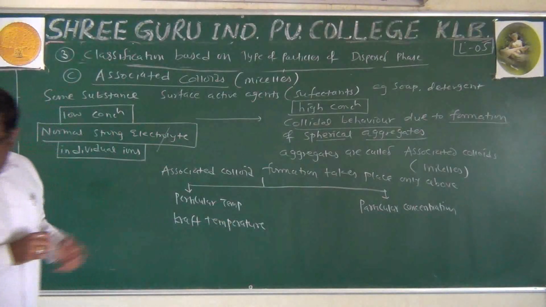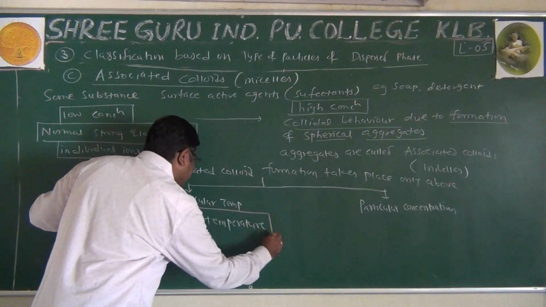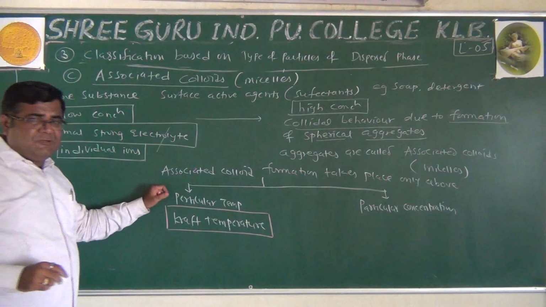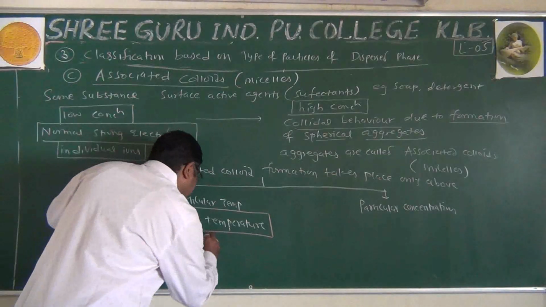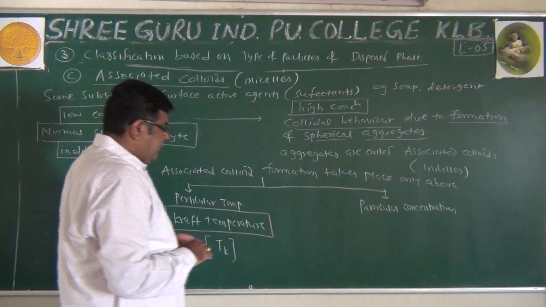Many times the question has been asked: define Kraft temperature. Associated colloid formation takes place only above a particular temperature called Kraft temperature, denoted by Tk, and only